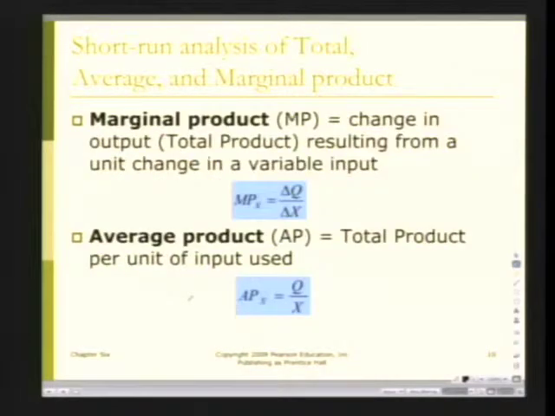And that notion is what we call the marginal productivity. It's just the change from the input. So notice the cause and effect, and it really goes from down here to up here. All right? So at any rate, marginal product. For those of you that have had a stronger math background, this is simply the first derivative. The average product, on the other hand, is just the relationship between total output and the input. So again, remember the cause and effect is going this way. All right? Average product and marginal product.